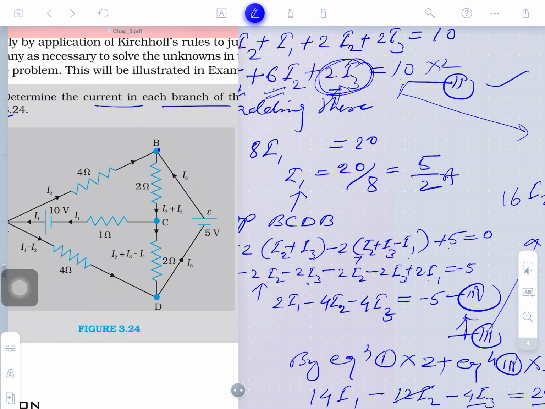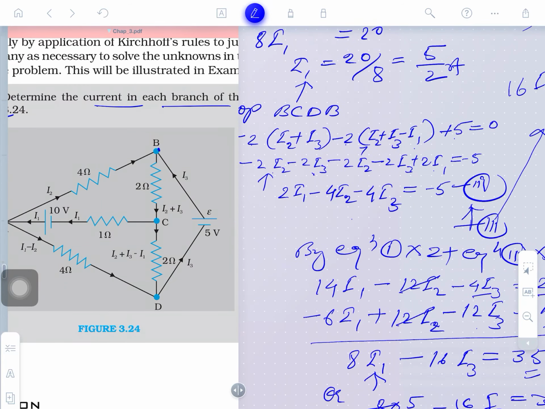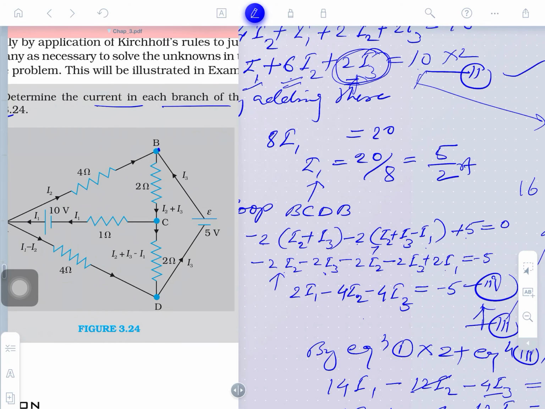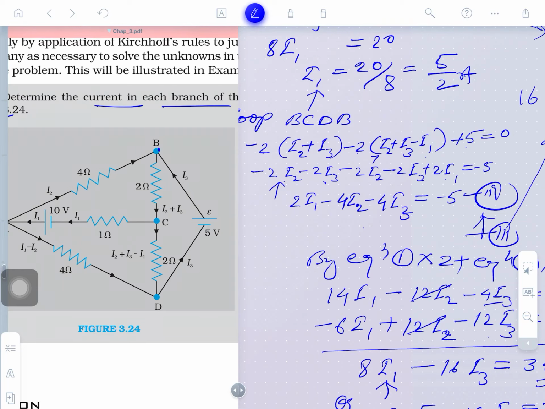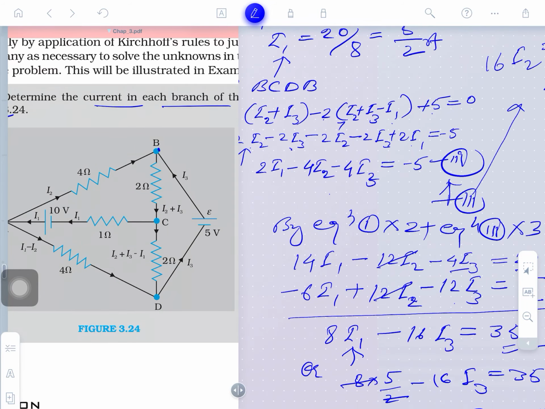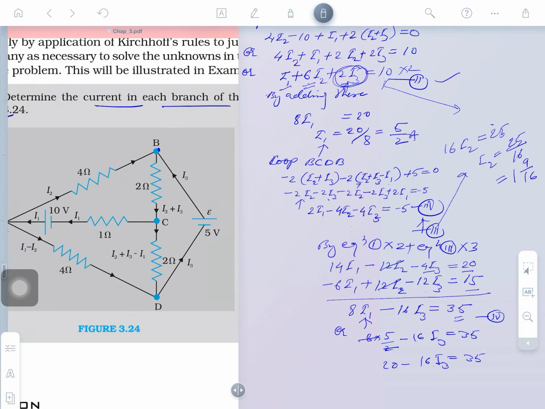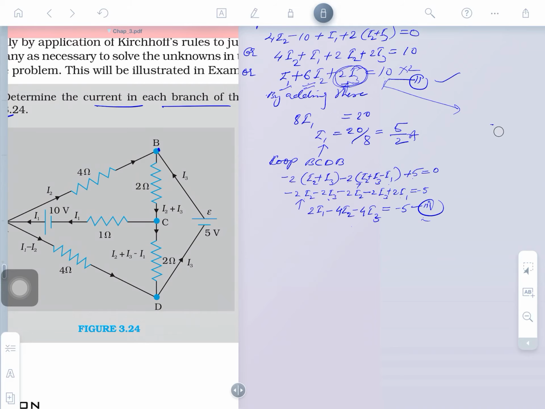So it is to be multiplied by 2. Okay. So multiply by 2 and adding to the third equation. So multiply by 2 means 2I. Okay, 2I. Where is that? 2I. Yeah. There one mistake is there. So we just need to solve this equation again. I am solving this again. Okay.